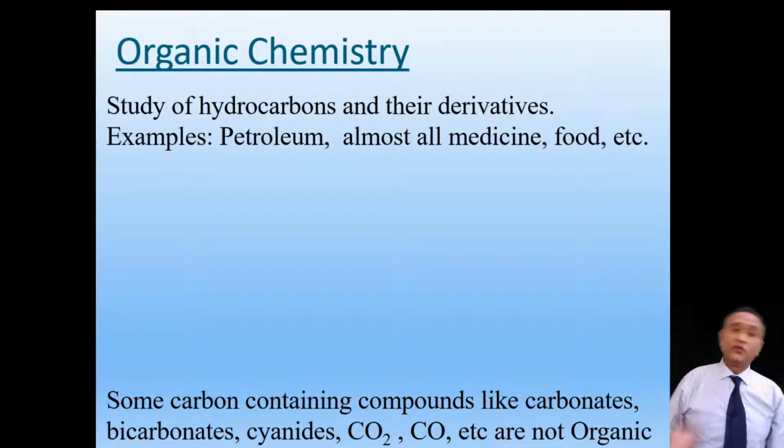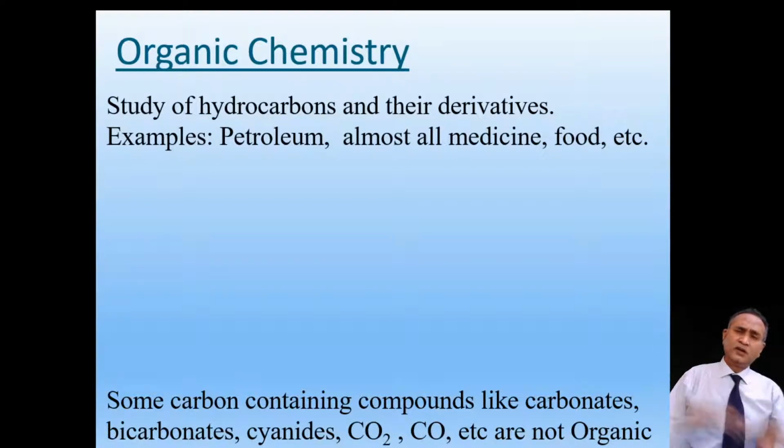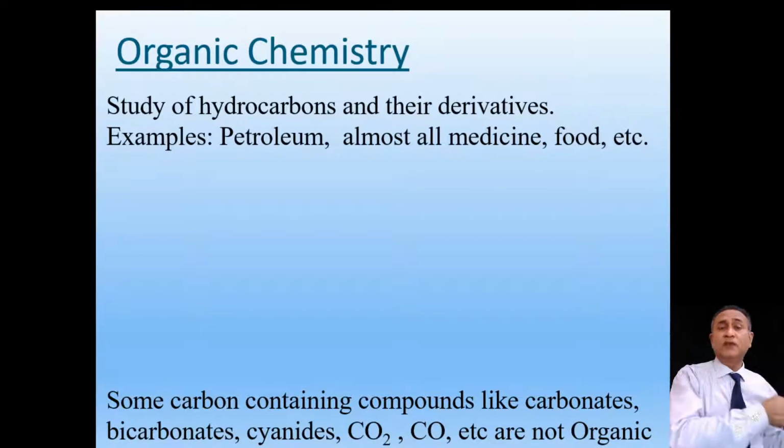So what is the definition of organic chemistry? A study of carbon and its compounds. Then scientists saw that besides carbon, in all the organic compounds, hydrogen is also there. So they changed the definition a little bit: a study of hydrocarbons and their derivatives. What do you mean by the word derivatives? Obtained from that, like we are the derivatives of our parents. Similarly, if we have a compound and you transform it into another one, then that compound is called the derivative